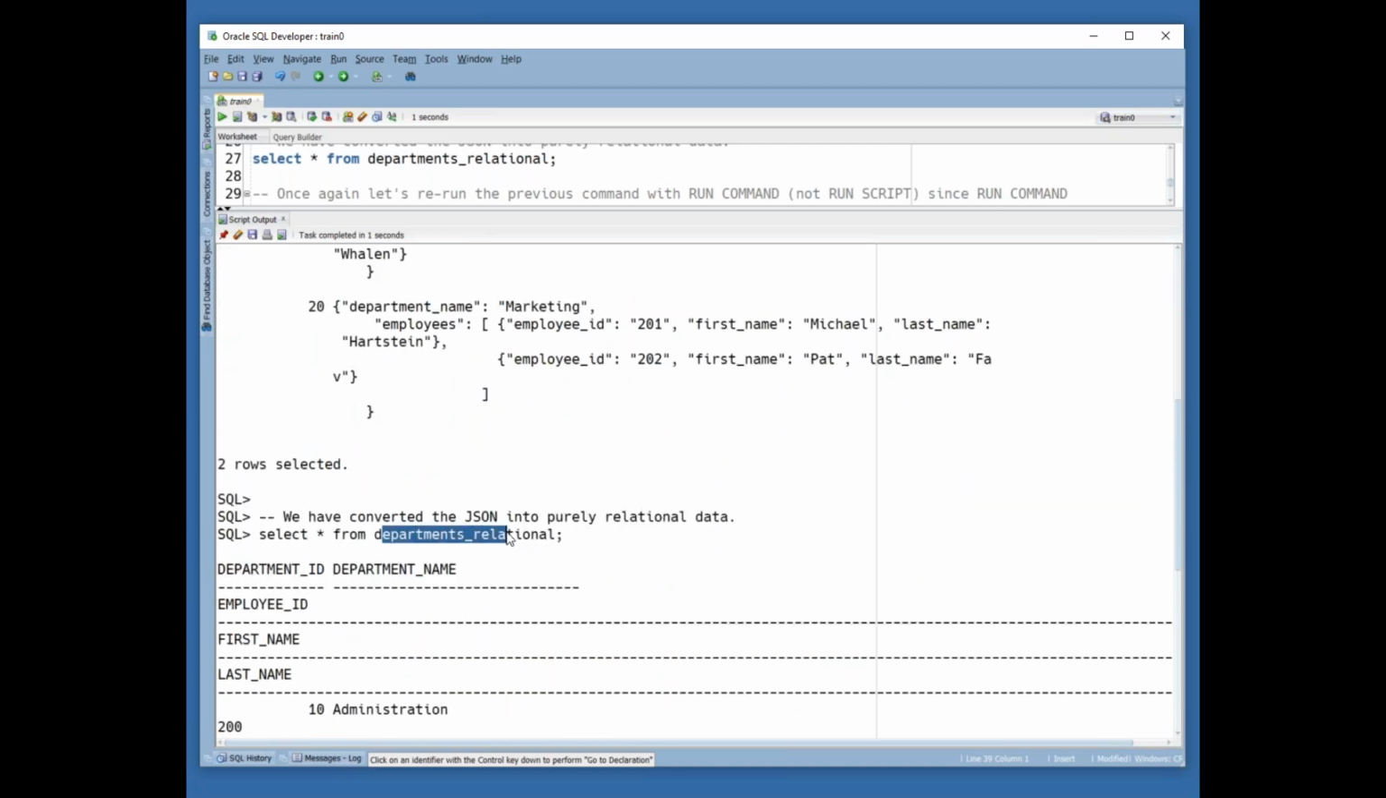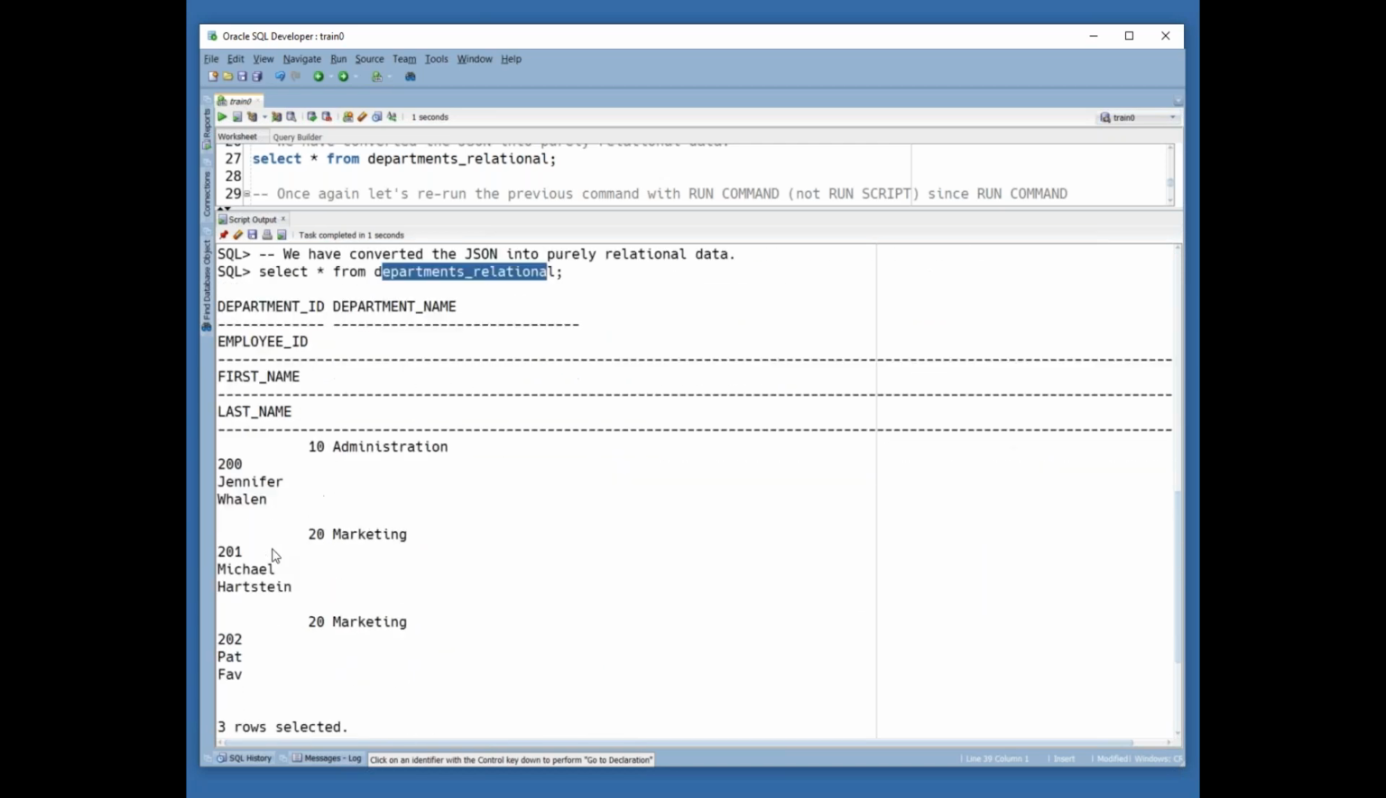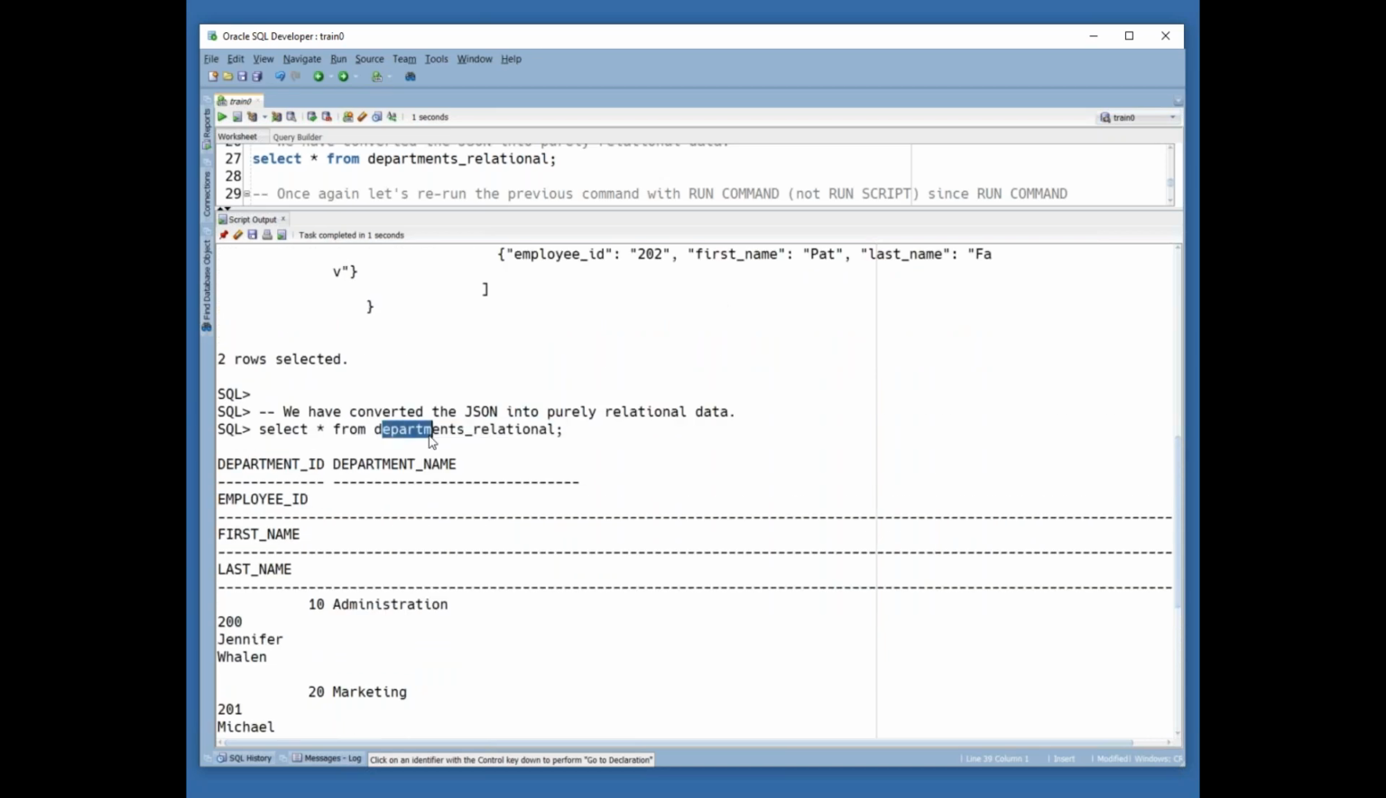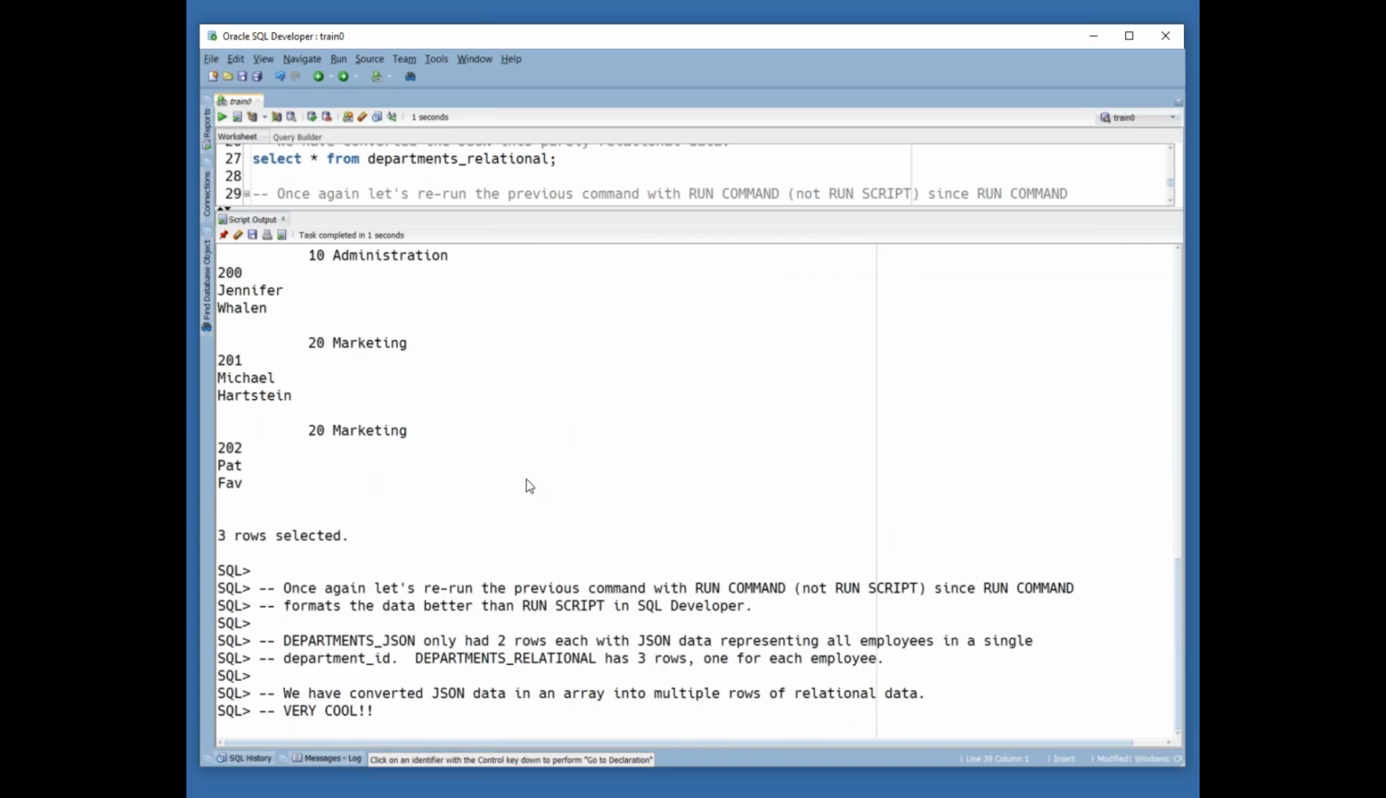I select star from my relational view of that, I get 3 rows, and anyone can use this relational view. If you give that to them, they can do anything with it, join it to other tables, the whole works. So that's really very cool. Okay. Which brings us to